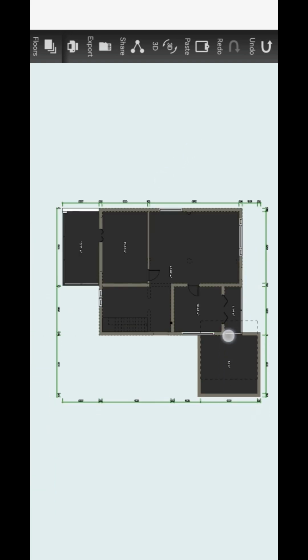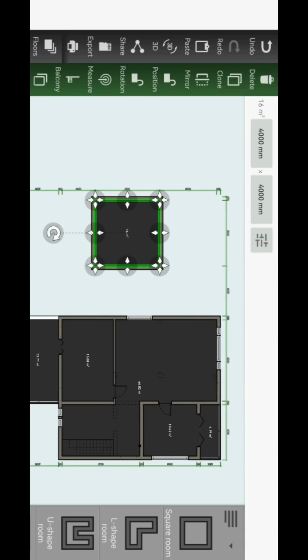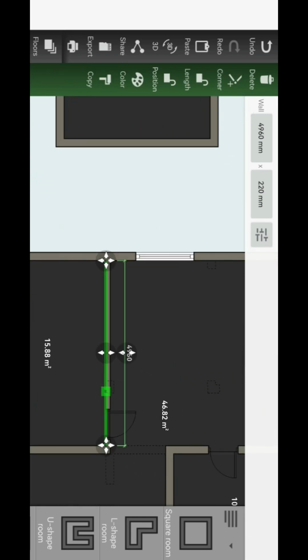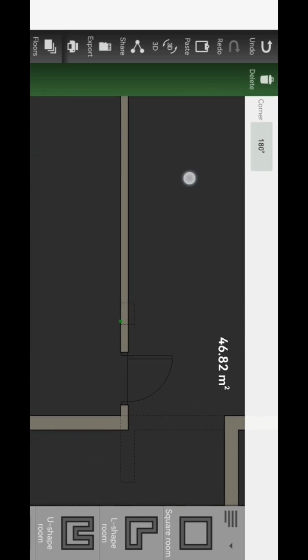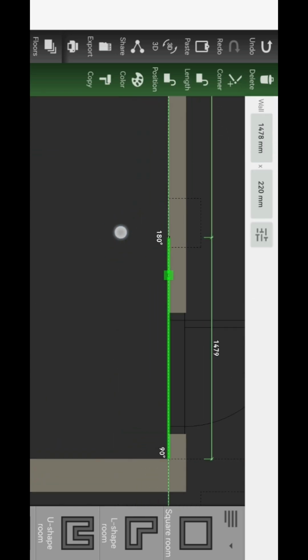Okay, so now I add another square room, and just as usual, I need this room to also be resting on one of the beams from below. But before we add it, we need to complete our master ensuite bedroom. So I'll just go ahead and snap it, and like I said, I need this